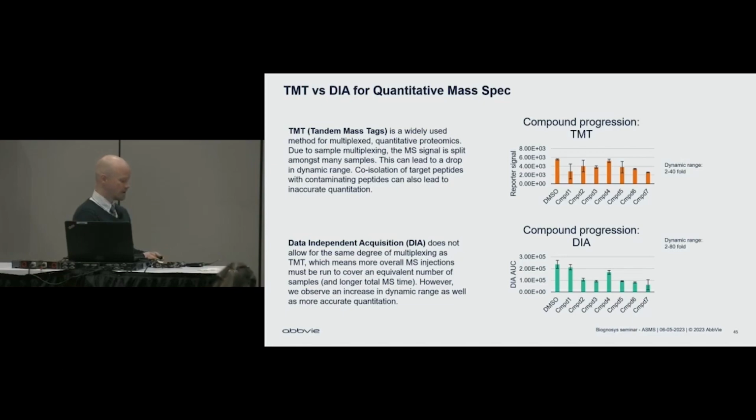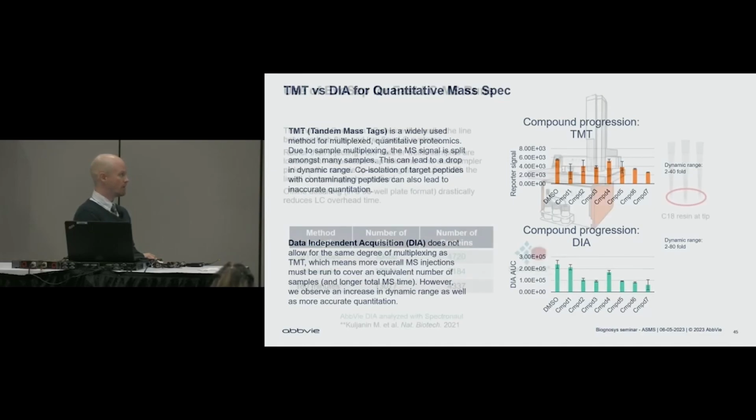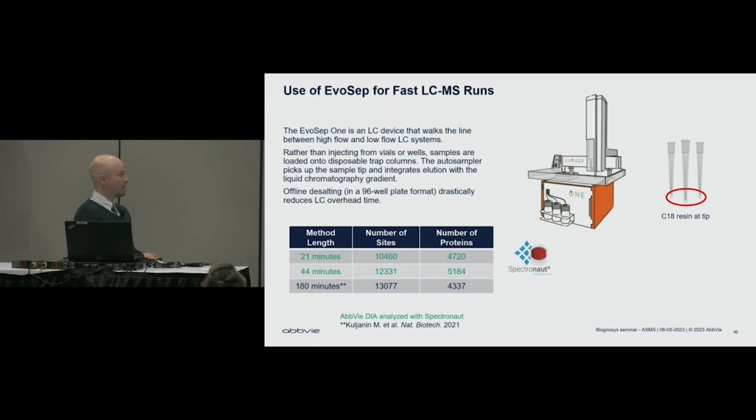So it's been beneficial for us from the dynamic range standpoint, and also removing the co-isolation issues that we all know are part of TMT analyses. So we're running all of our samples on the EvoSep, and so we've been able to get to shorter LCMS runtimes. If you compare it to one other landmark study in the field, we're able to get comparable numbers of